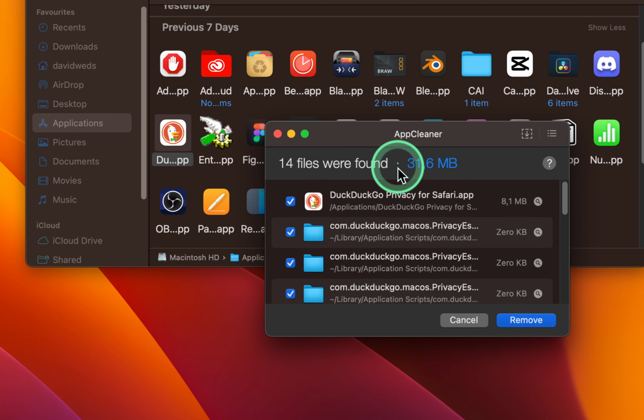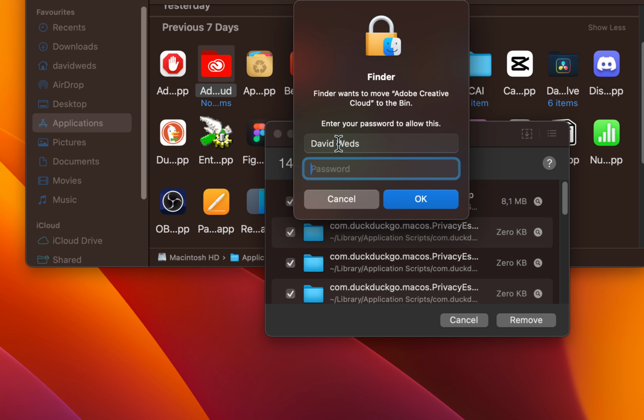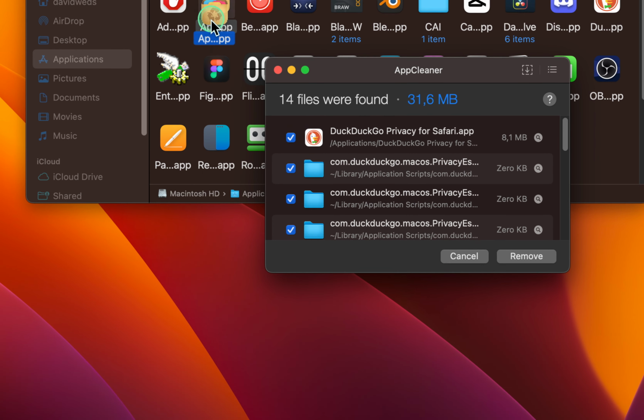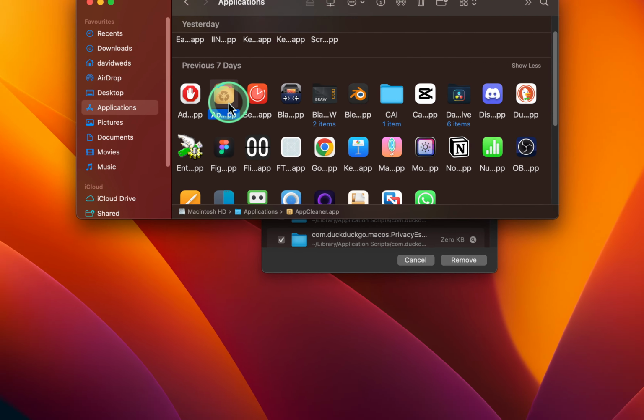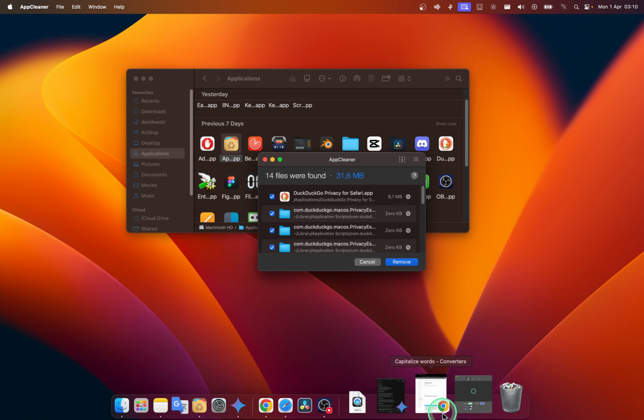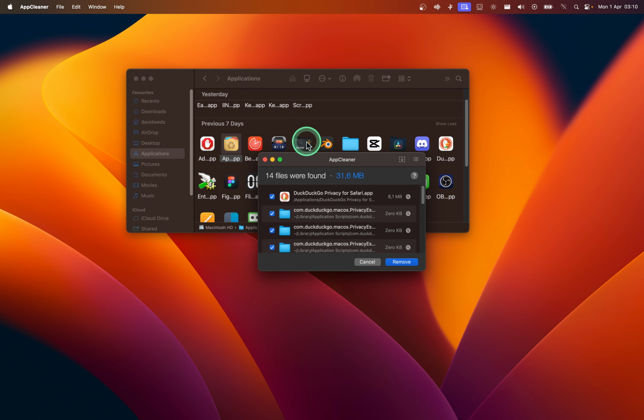Okay, and now guys, why I'm using this method instead of just right clicking and moving to bin: you'll have to enter your password, and then click enter. Or you can also just grab the app you want and drag it into your bin. All right, but as I said, the method I'm using is instead of dragging it into the bin,